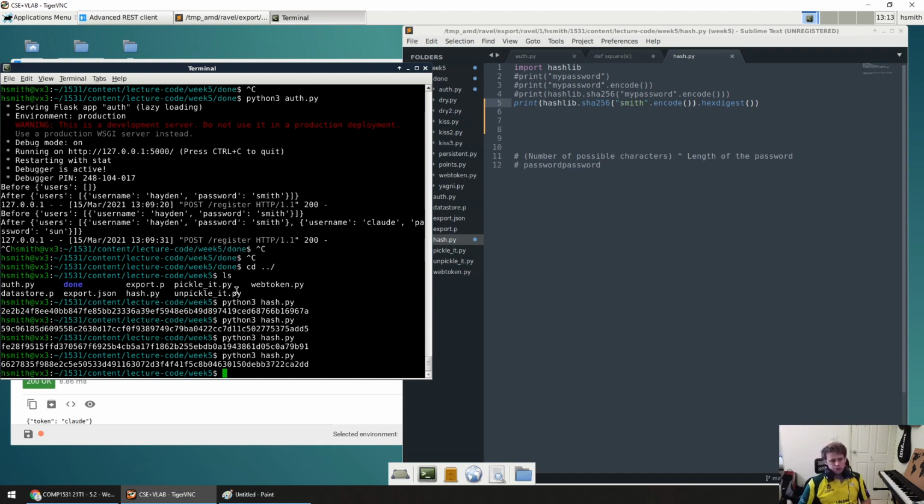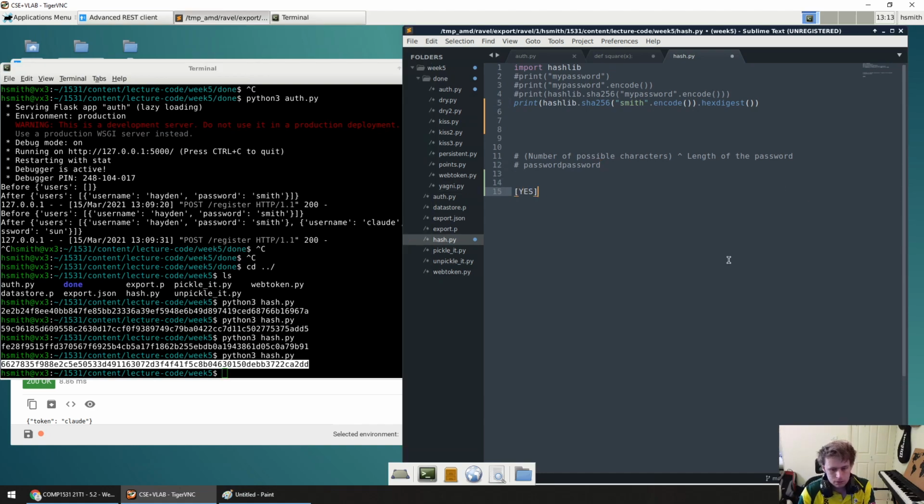Now, what's useful about this is that storing something like this is a lot more secure than storing the actual password, because if someone gets this, it might be hard for them to decode it, right? Because remember we said you can convert from your plain text to a hash, but you can't convert from your hash